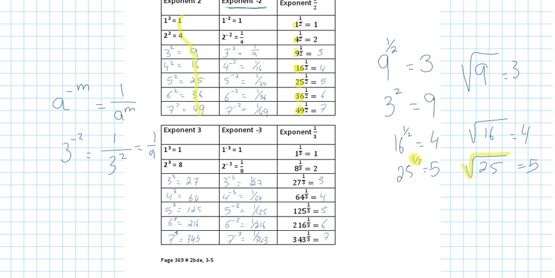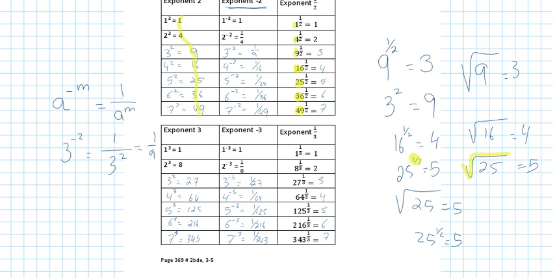Right? So I'm used to writing the square root of 25 is 5. But I can also write it as 25 to the power of a half is 5. They are the same thing. Okay? So power of a half is the inverse, the opposite